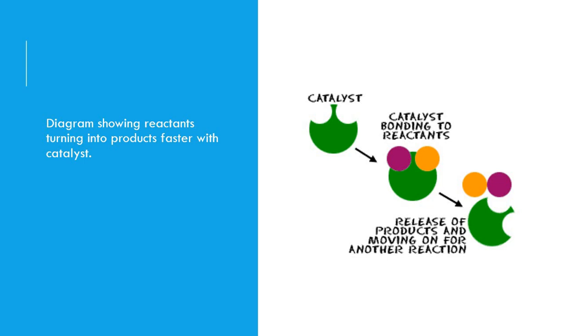This simple diagram can show us how the catalyst works. Here we have the catalyst, and we have two reactants. Imagine there's a catalyst and two molecules, this purple one and this green one. They attach to the catalyst, where the chemical reaction happens on top of the catalyst. When the reaction is done, the final product is released from the catalyst, leaving the catalyst back in its initial state, ready for another reaction. That's simply how the catalyst works.